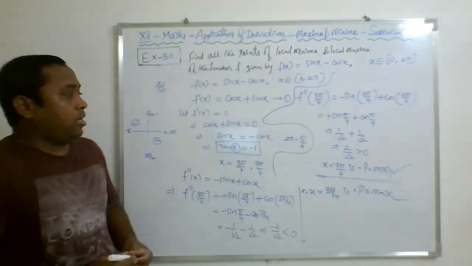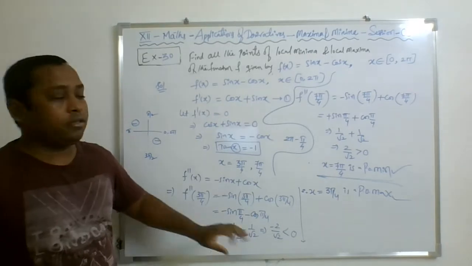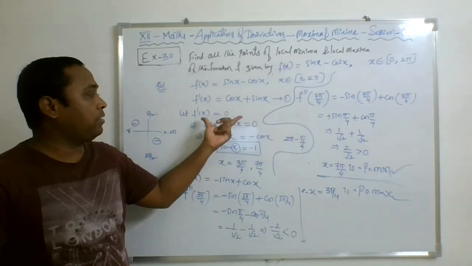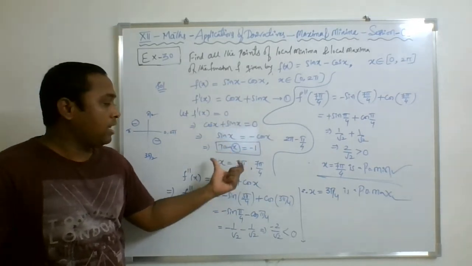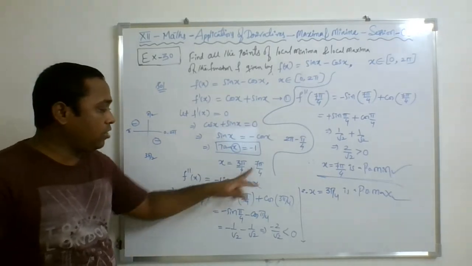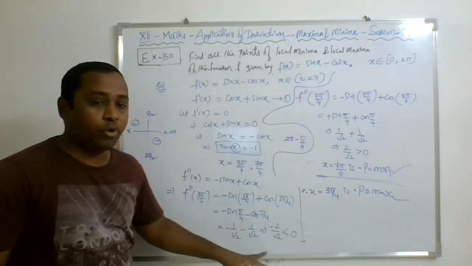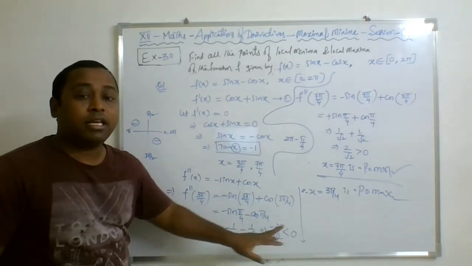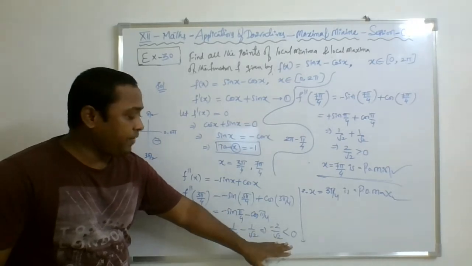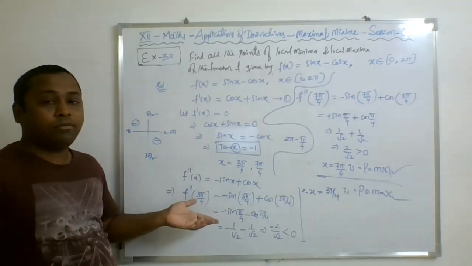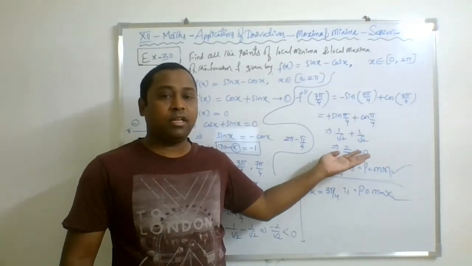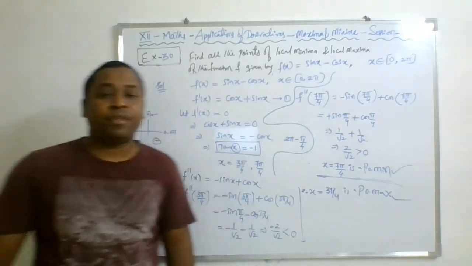So the double derivative test means simply first take the function's derivative equal to 0 to get critical points, and thereafter take the double derivative. In that double derivative, put each and every turning point, and then study whether the double derivative gives a negative answer or positive answer. If it is negative, take it as a point of maxima. If the double derivative gives a positive answer, it means point of minima, right?